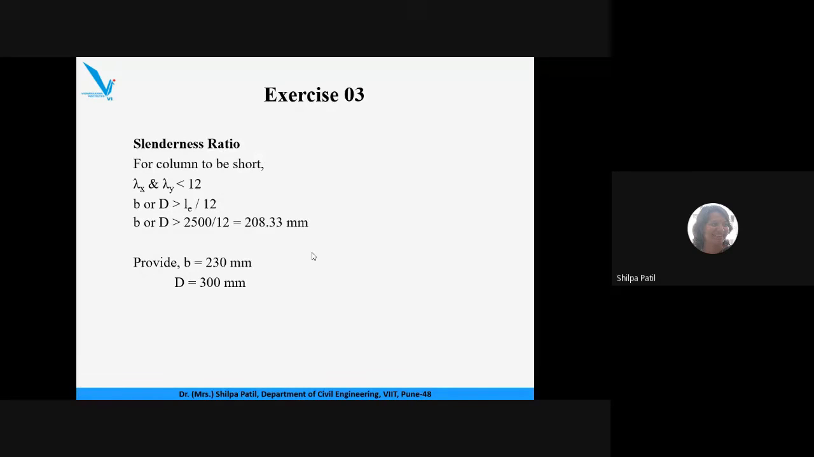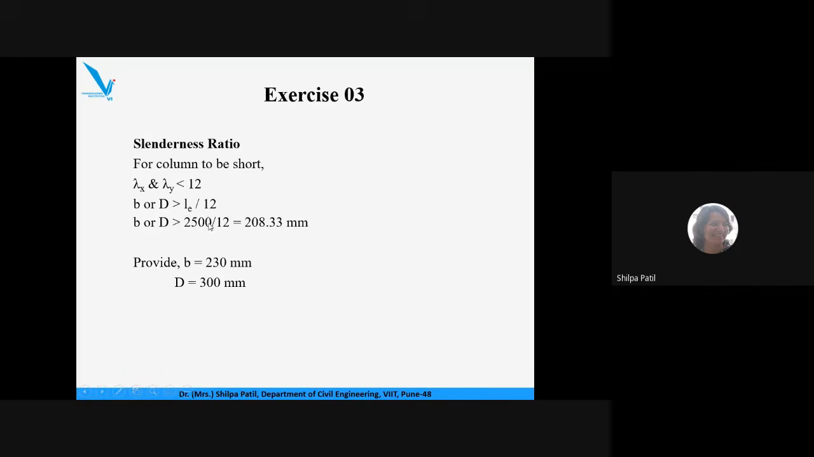So this is the slenderness ratio we are calculating. For the column to be short, keep in mind that we are designing only short columns for this particular syllabus. So you have to take care that your column is always short, and for that this is the satisfying condition: your slenderness ratio along both directions should be less than 12. So find out the slenderness ratio along the depth or width. In both directions, my effective length is the same. So LE is 2500